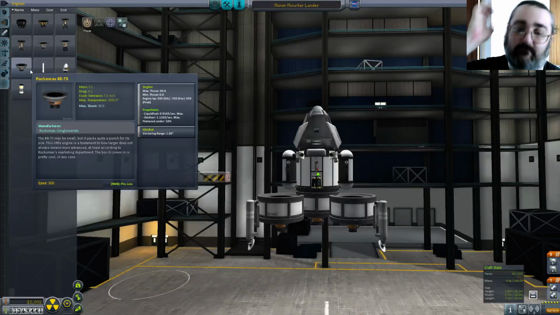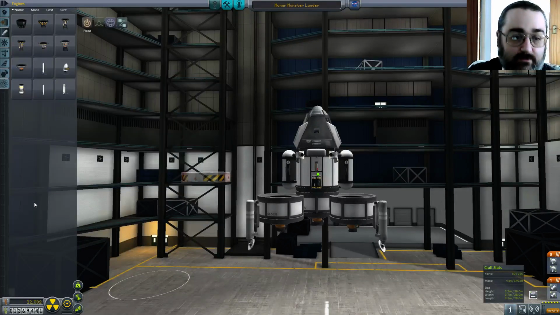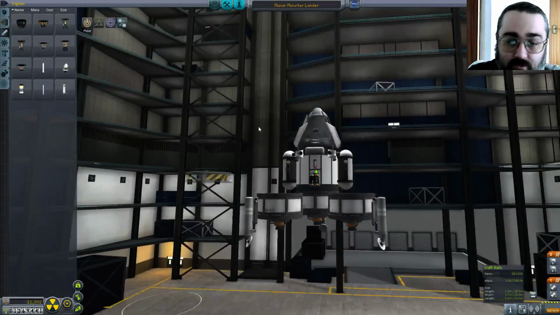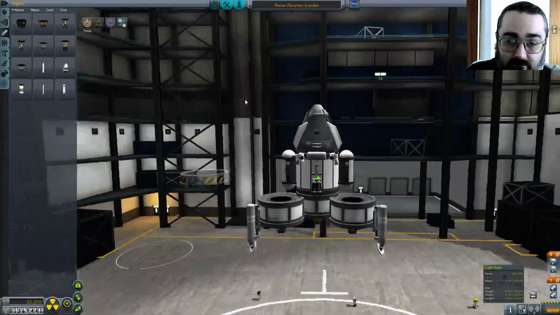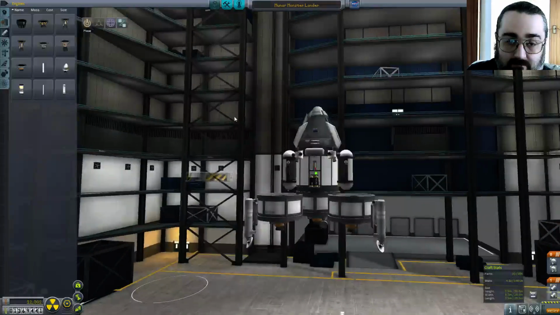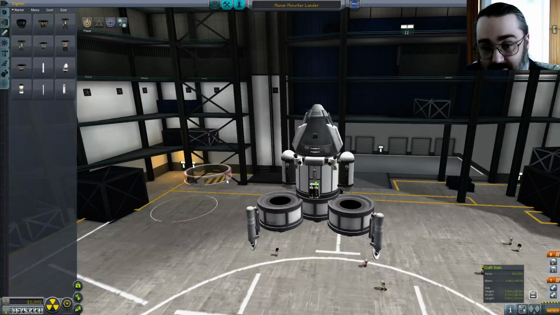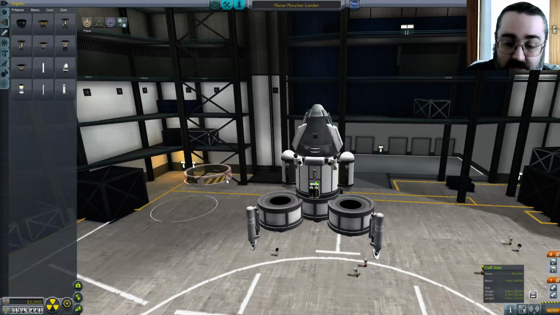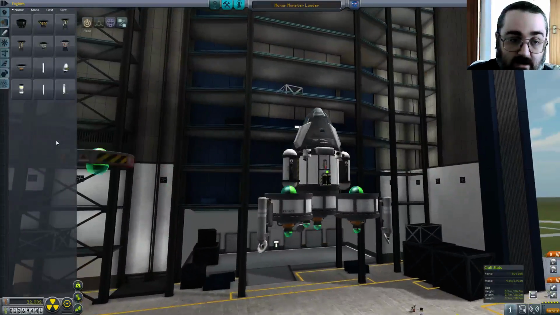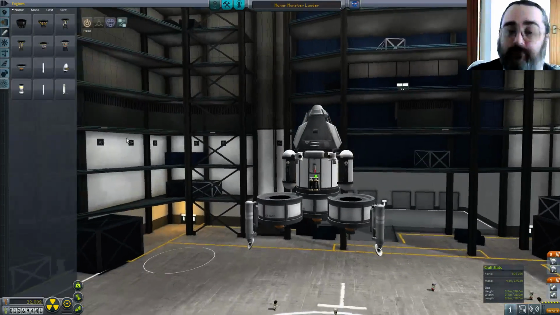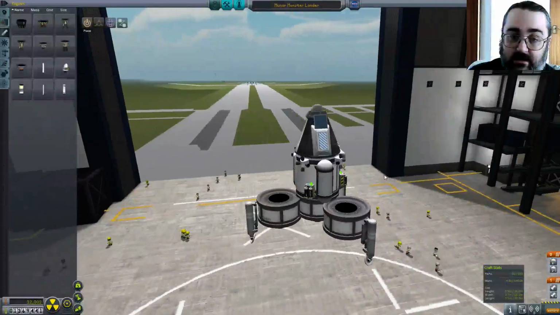The Sepatron doesn't seem to do what I would want it to do. Interesting. So theoretically, if I get this right, according to the planner, if I get this beast into the Munar sphere of influence, or Munar orbit, I'll be able to take it down and